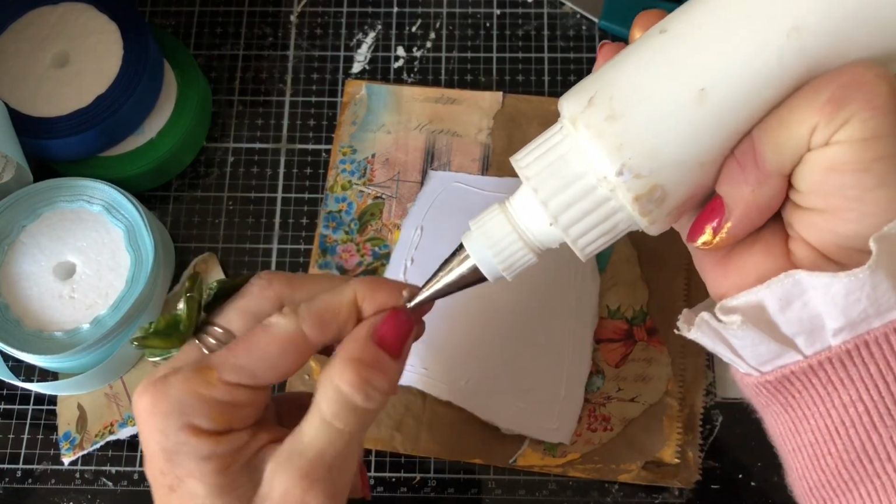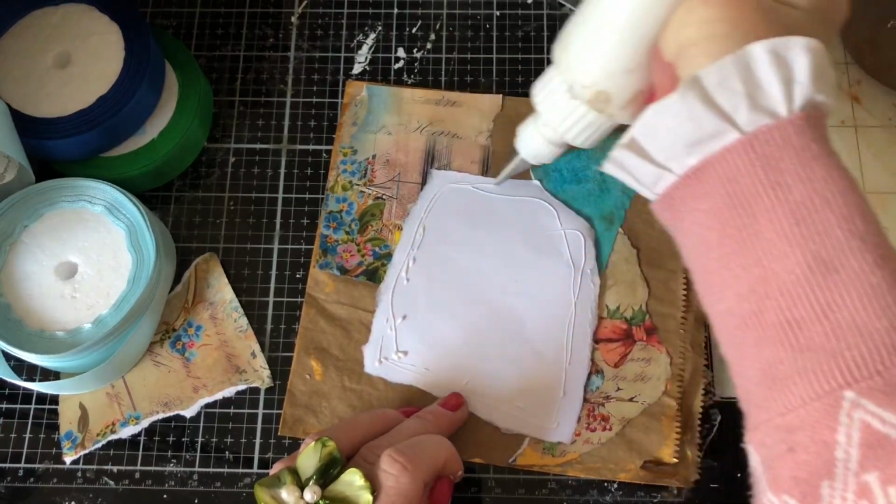I wish my daughter wouldn't come to my glue, because she will just leave it kind of not